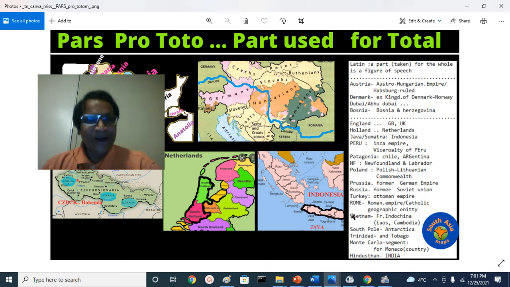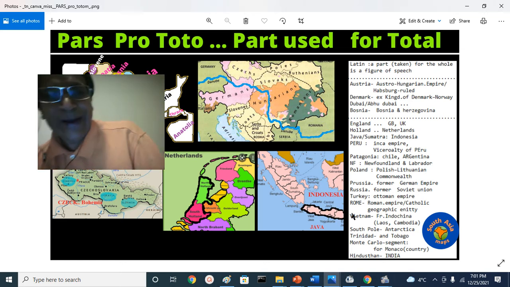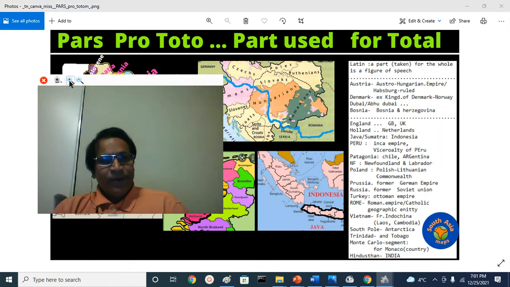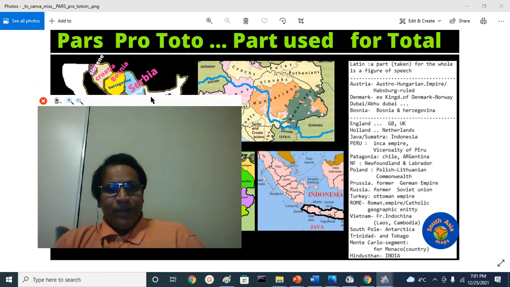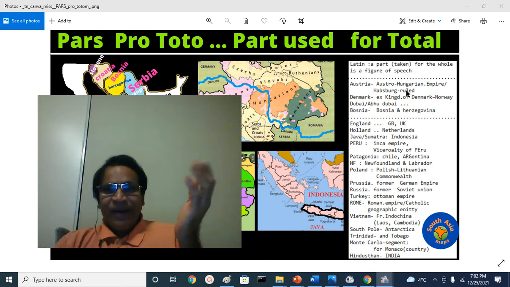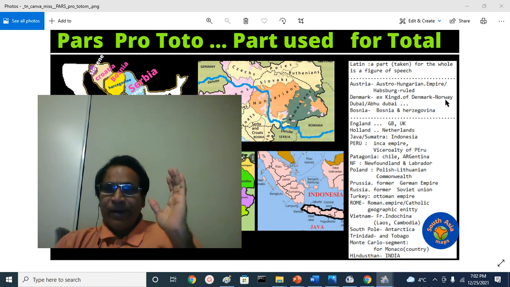So that's what I wanted to talk about today. Pars pro toto means a part is used for the total. When people in normal conversations talk about it, you have to keep the nuances of it. Essentially, we talked about Austria, a small part used for the Austro-Hungarian Empire, and Denmark, a small part used for the Kingdom of Denmark and Norway,